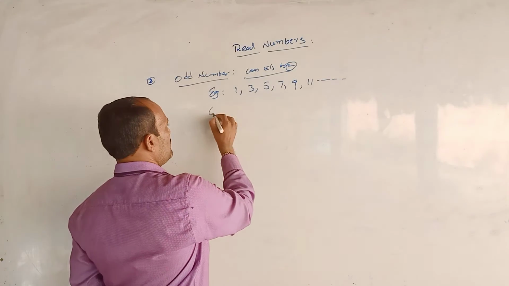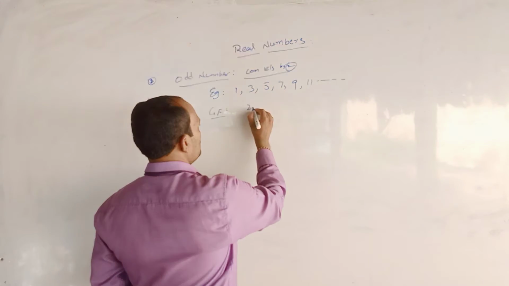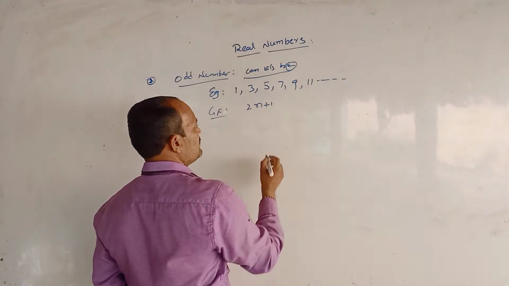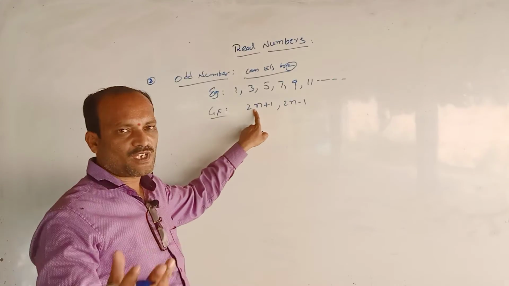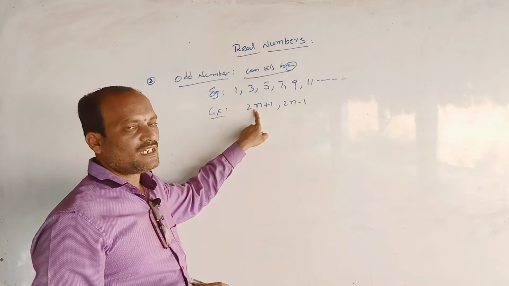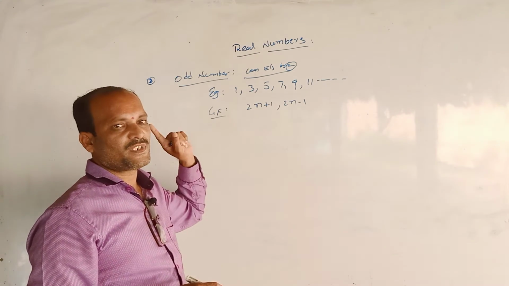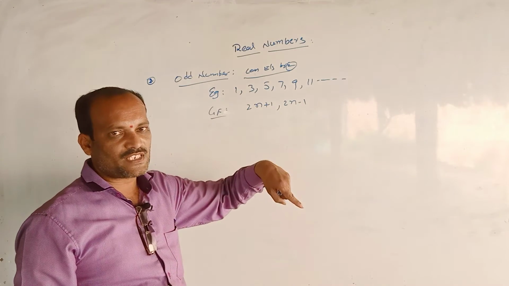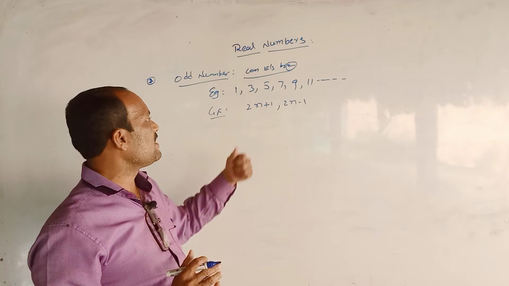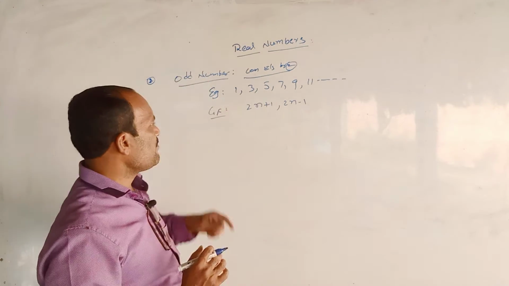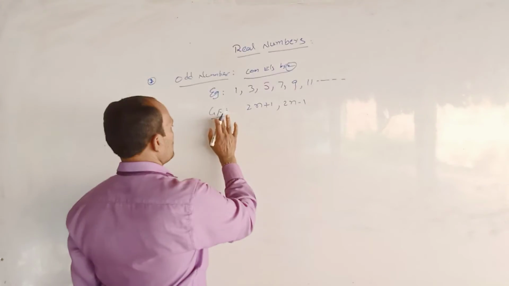What is the general form of odd number? General form is 2n plus 1 or 2n minus 1. అంటే ఈవెన్ నెంబర్ ప్లస్ 1 ఆర్ ఈవెన్ నెంబర్ మైనస్ 1. అంటే ఏ ఈవెన్ నెంబర్ నుంచైనా నువ్వు 1 మైనస్ చేస్తే వచ్చేది ఆడ్ నెంబర్, లేదా ఈవెన్ నెంబర్కి 1 యాడ్ చేస్తే వచ్చేది ఆడ్ నెంబర్ అవుతుంది. ఓకే, జనరల్ ఫామ్ ఇది. నెక్స్ట్